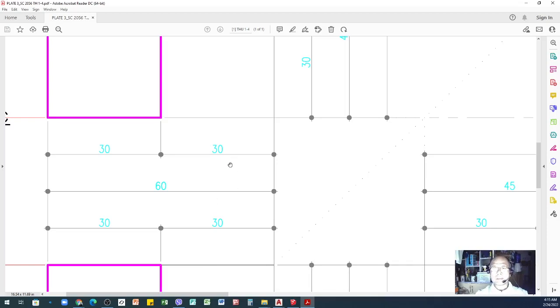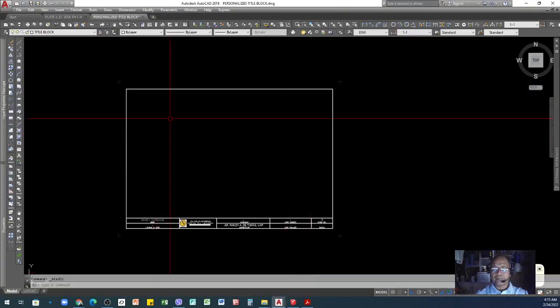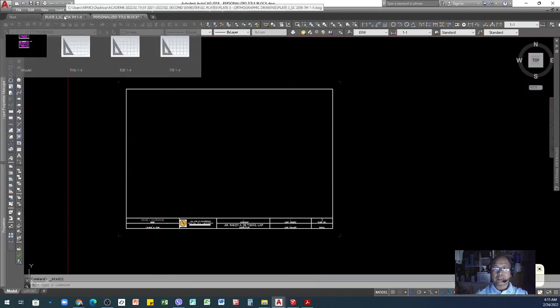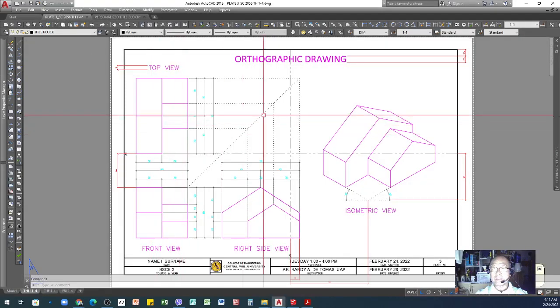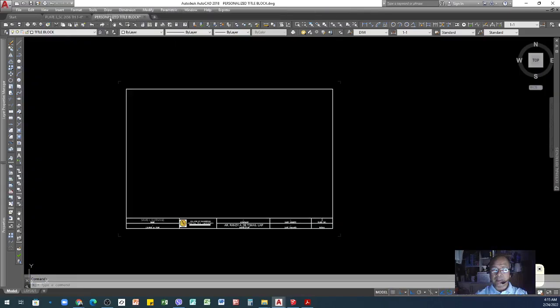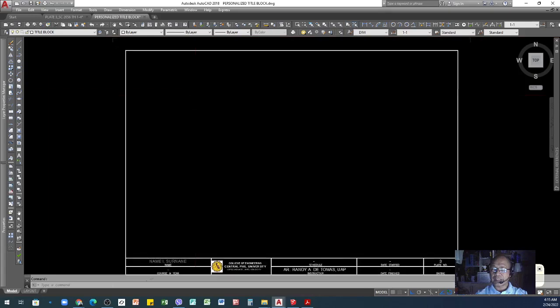So I will open the file. This is actually the plate that I've done for you, which I already converted to PDF, but using your personalized title block, this will be your screen environment or working area.